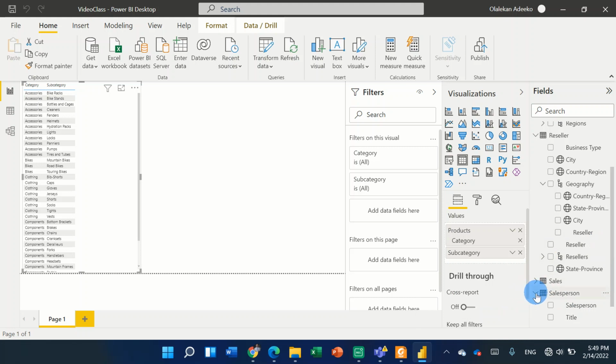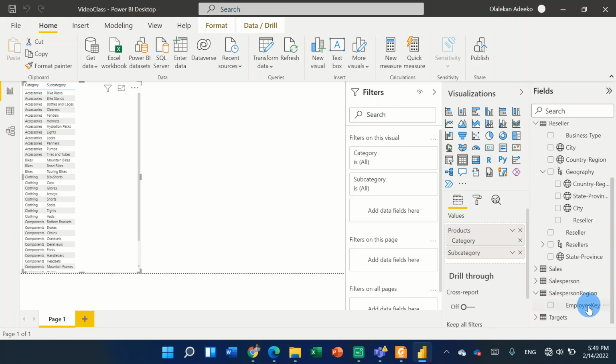No, this is not salesperson region. The salesperson region, this is it. It only has employee key because we've hidden all the others. Same thing with other columns that have been hidden. If we go to sales and other dates,